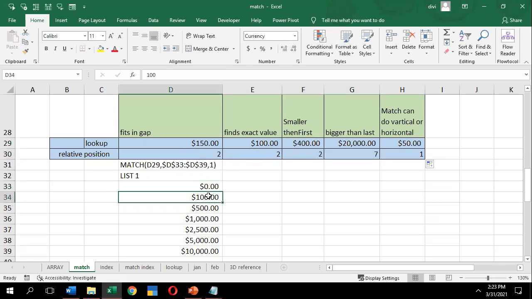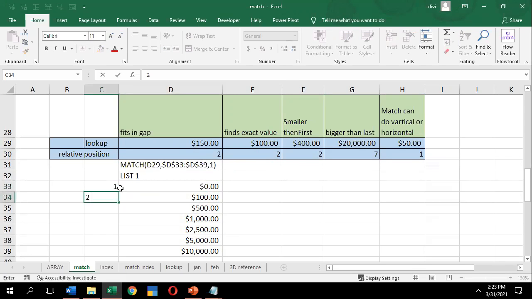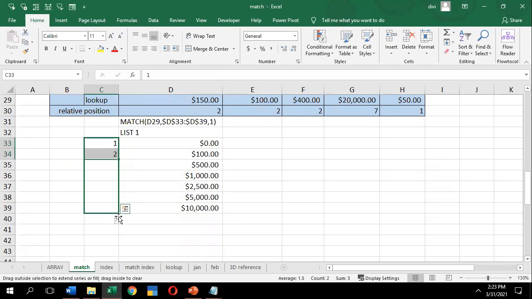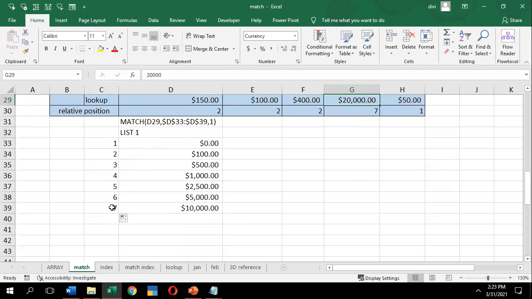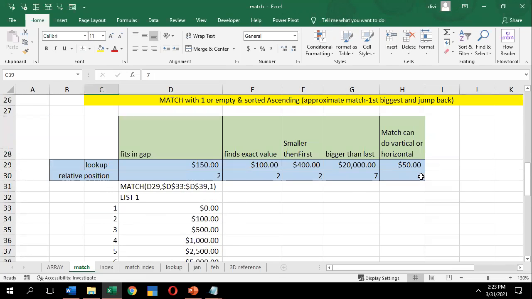Let me count 1, 2, 3, or let me write here: it is in place 1, place 2. If I drag and drop, there is place 7. So greater than 7 is at 20,000 something. It has the 7th place. And the 50 rupee value is in first place.